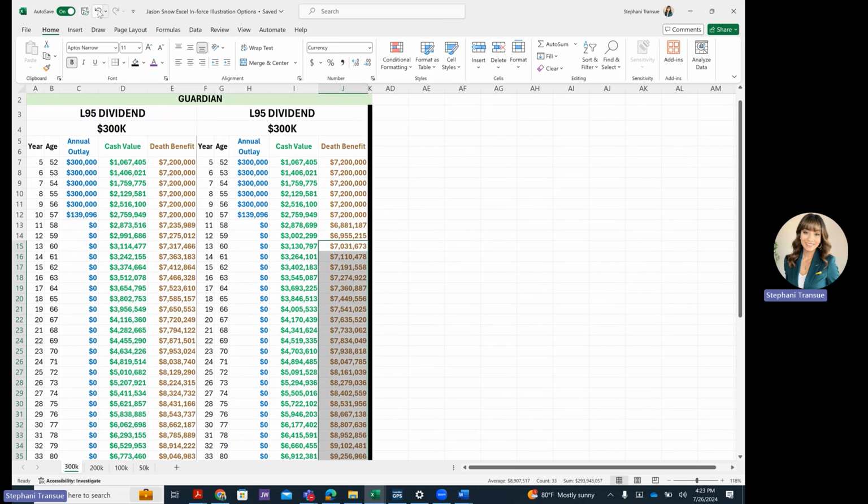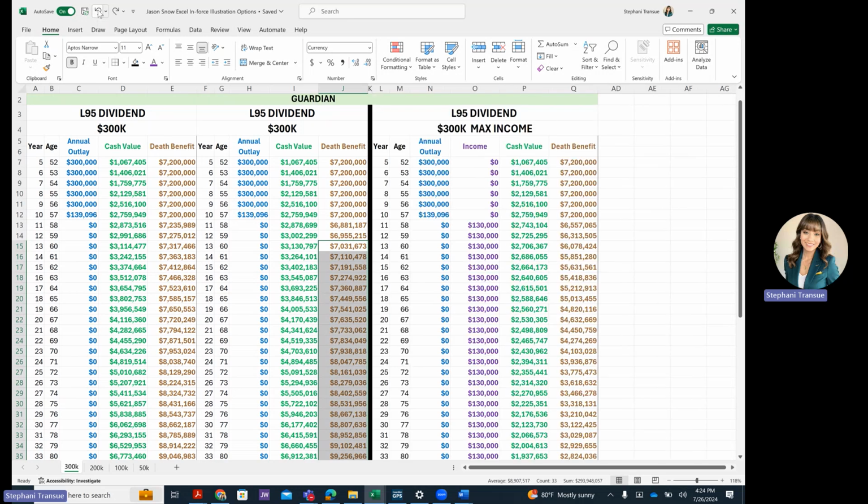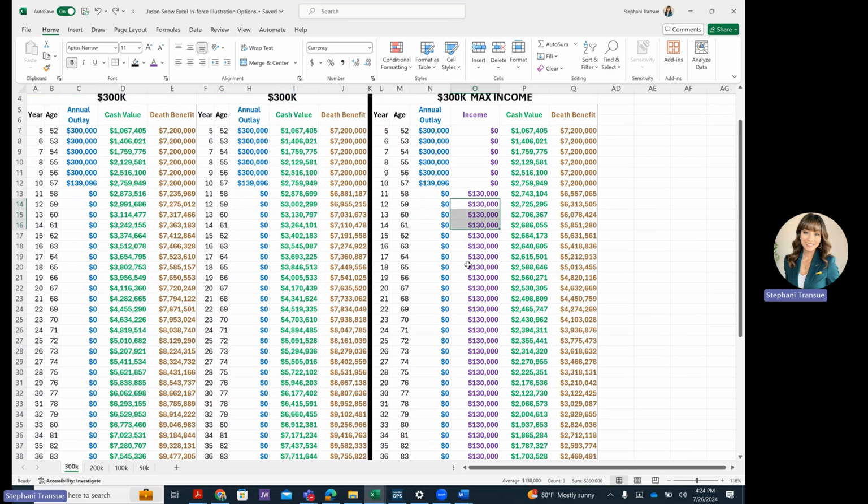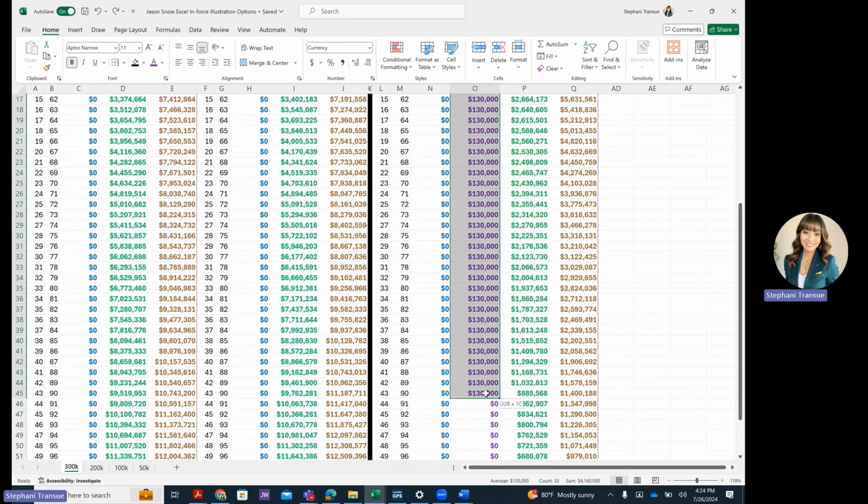The next thing we'll look at is the maximum income you're able to pull out based on this funding. Assuming that you're continuing to do this funding, starting at the 11th year at the age of 58, you are able to take out a max income of 130,000 every single year until you're the age of 90. Here in this case, when it comes to income, the purpose is where the client says, hey, I want to be able to pull out income, and the intent is that I never want to pay back any loans ever. So there are no loan repayments whatsoever.